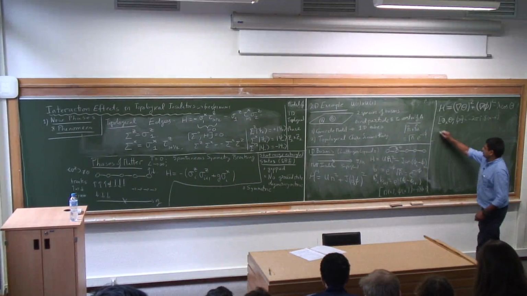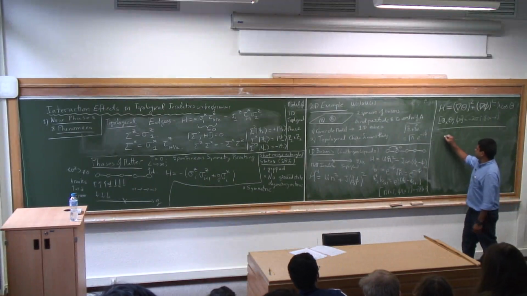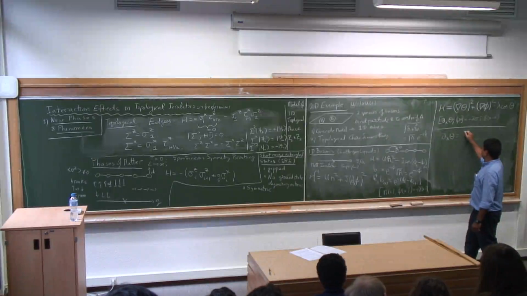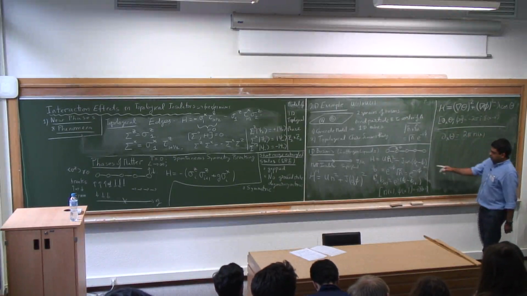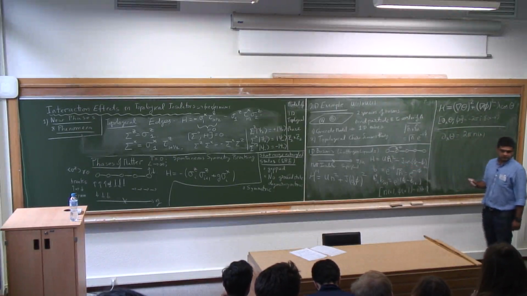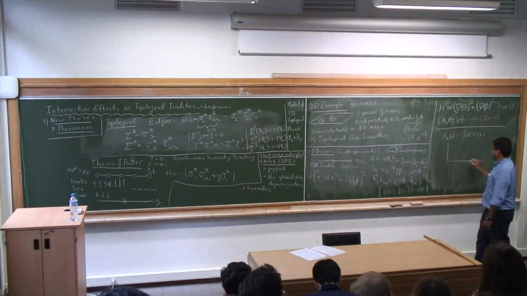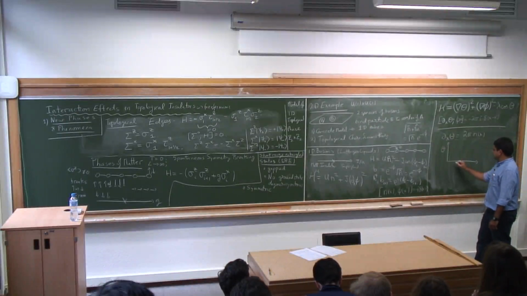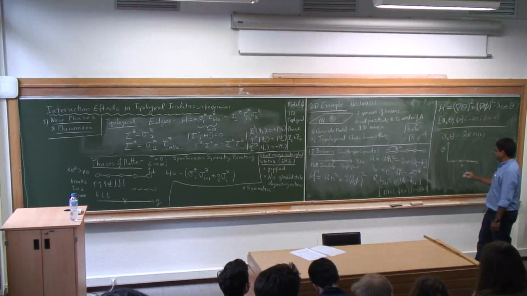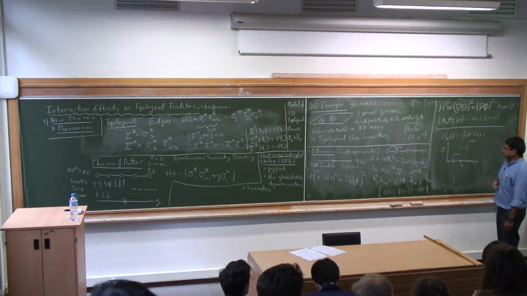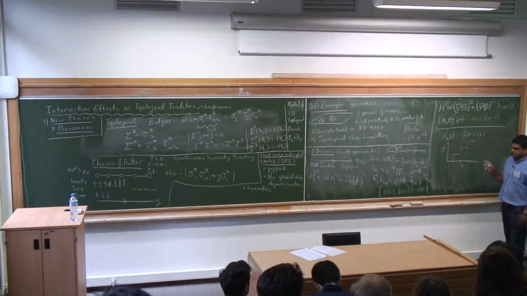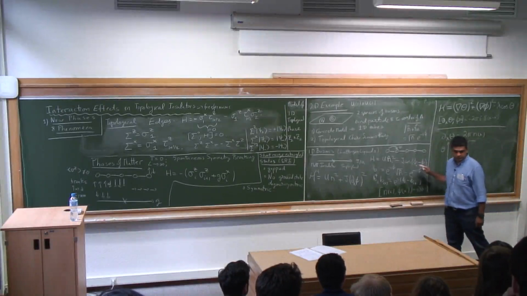Okay, so what you can do is an exact rewrite of the problem by saying that I have a field theta, which is going to be just 2 pi times n of x. Compactness of phi is the same as saying these numbers are integers. So if I look at this field theta as a function of x, let's say there are some particles at certain positions. Every time you encounter a particle, you move up by 2 pi. That's what this relation means. So this theta field is always 2 pi times an integer. Strictly speaking, that's what we should do if we want to be exactly faithful to this model.